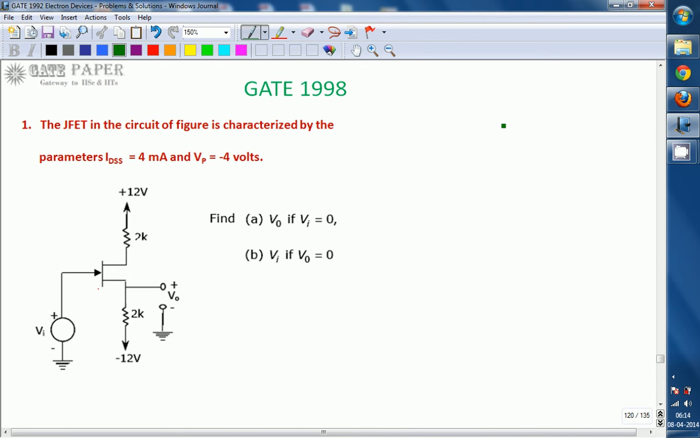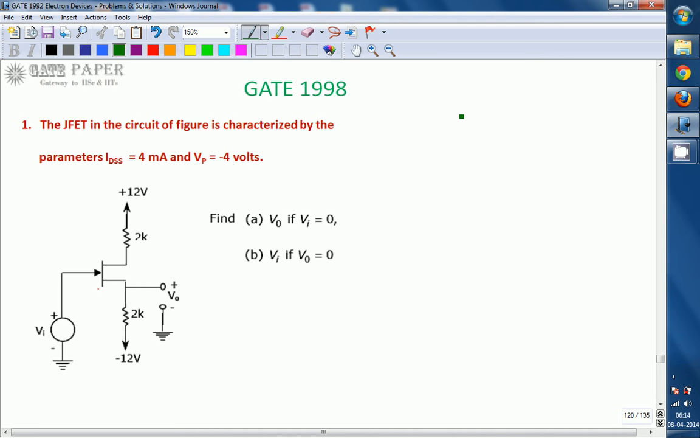The JFET in the circuit shown is characterized by the parameters IDSS of 4 milliamperes and VP of minus 4 volts. Calculate V0 if Vi is equal to 0, and Vi if V0 is equal to 0. So first of all, we will consider V0 if Vi is equal to 0. What was given is IDSS as 4 milliamperes,